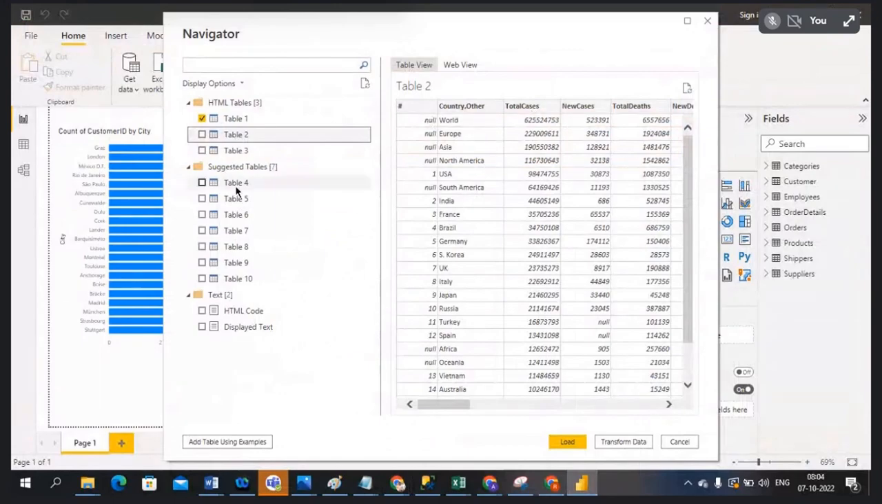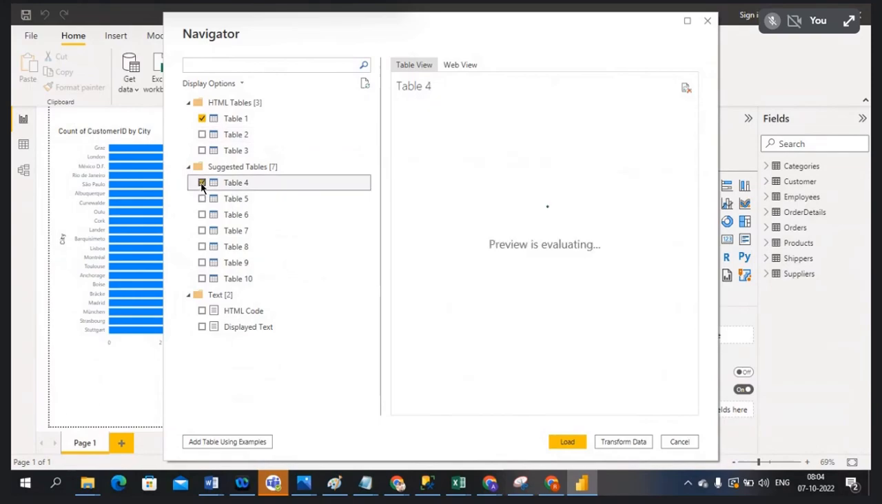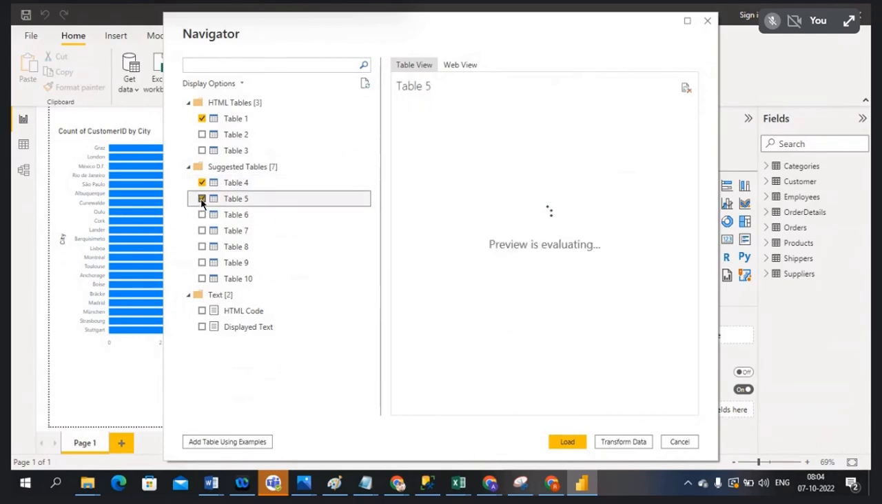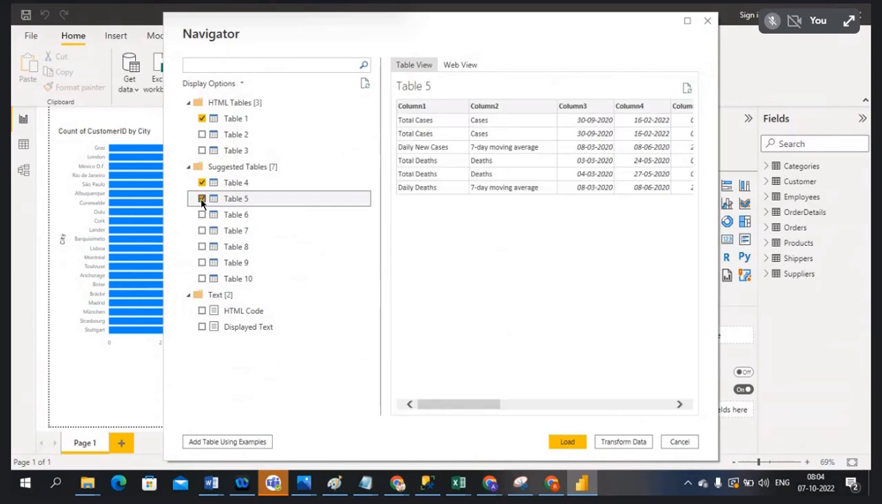So I'm selecting this. These are suggested tables, all HTML tables, related to this data. Let's check it out. See, this data is with respect to this, and there is no proper column. So if I select this one, see,